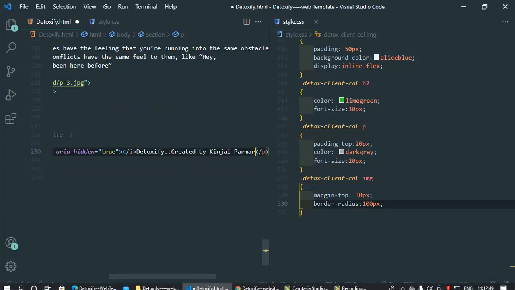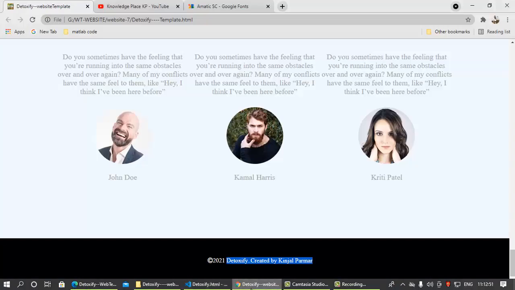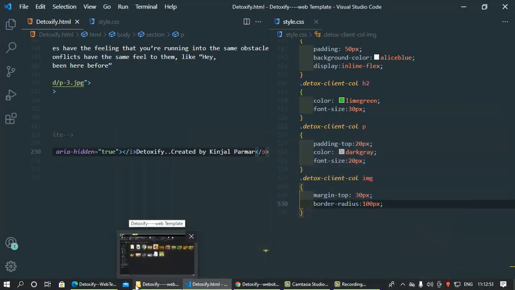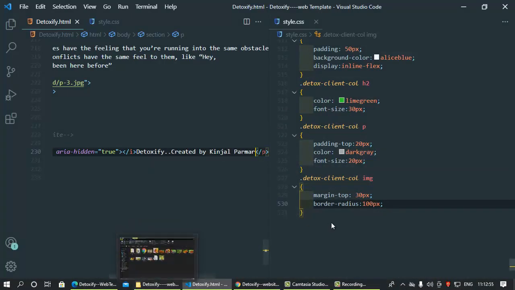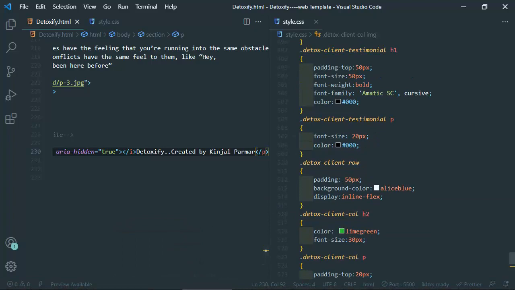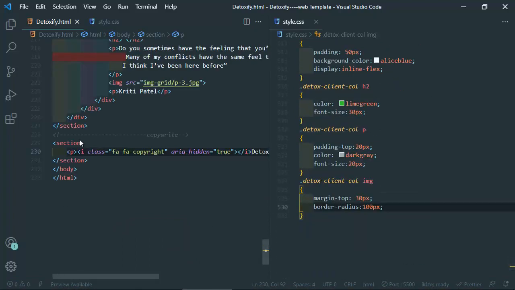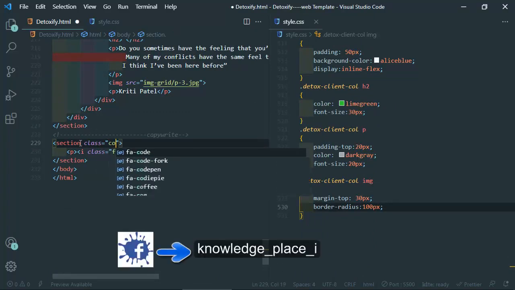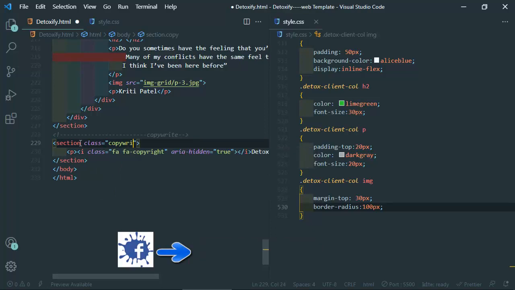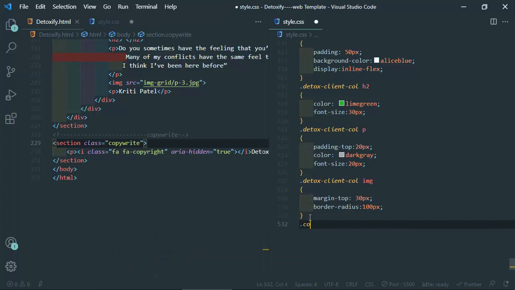Okay. Next, here I have to just design, and yes, here I have to create this particular section class name as copyright. Right. Okay. So here dot copyright